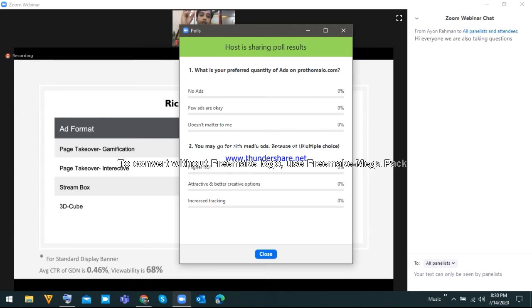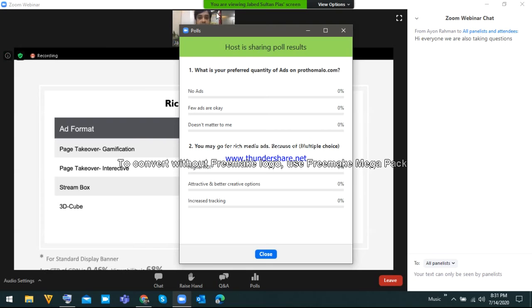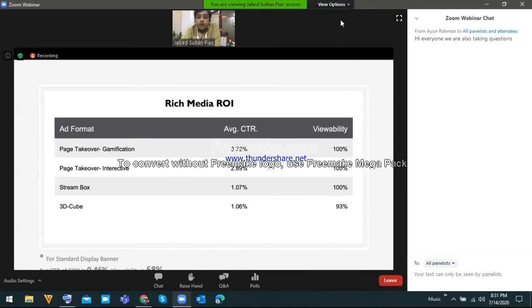The average CTR of all of our takeover interactive was 2.89%, and viewability is again 100%. For Steamit, the average CTR is above 1%, and viewability is 100%. For 3D Cube, the CTR is again above 1%, and viewability is 93%. I just want to mention that for the Google Display Network, the standard average CTR is 0.46%,